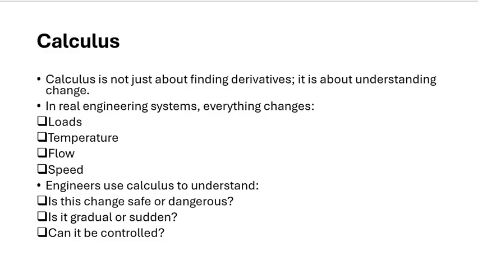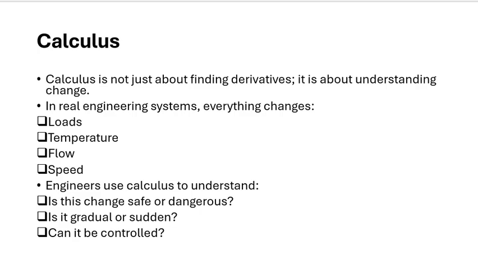So these questions are all related to changes in the system. Change in the system is calculated using derivatives or integrals and so on. All these questions, which are very important for engineering design, are answered by using calculus basically. And I gave the example of cement, right? When you mix cement with water, there is a reaction. The reaction is generating heat, right? So if I take the derivative,